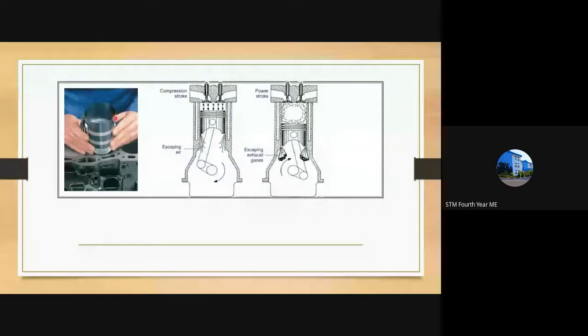In a piston we mount the compression rings and the oil ring, and using this tool we compress them. Then by using a nylon hammer, we slowly hit the piston and mount it inside the cylinder. Through here we hit it with a nylon hammer and slowly mount it inside the engine block or engine cylinder. So by using this tool we can compress the compression rings and also the oil ring.